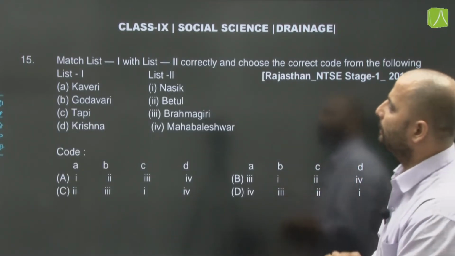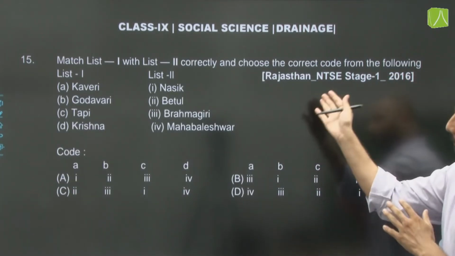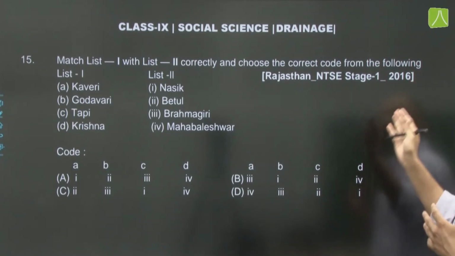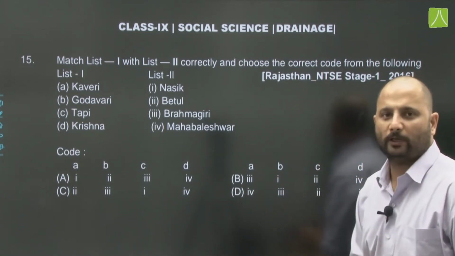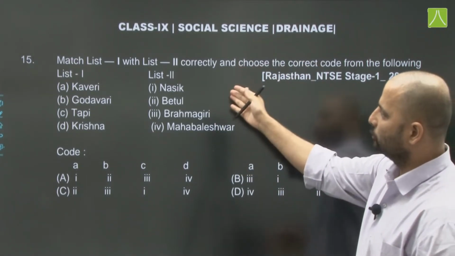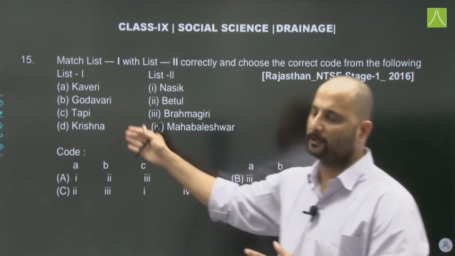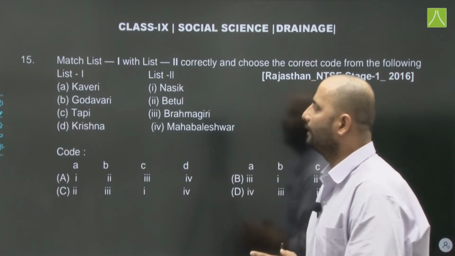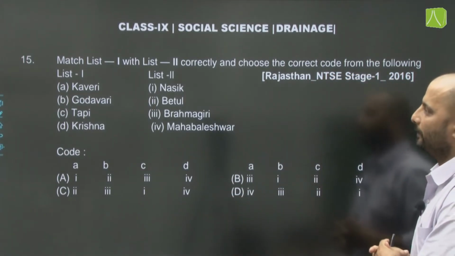Now again here we have been provided with match list 1 with list 2 correctly and choose the correct code from the following. Question is from Rajasthan NTSE Stage 1, 2016. In list 1 the names of the rivers have been provided, and in list 2 their sources of origin have been provided. So let us start